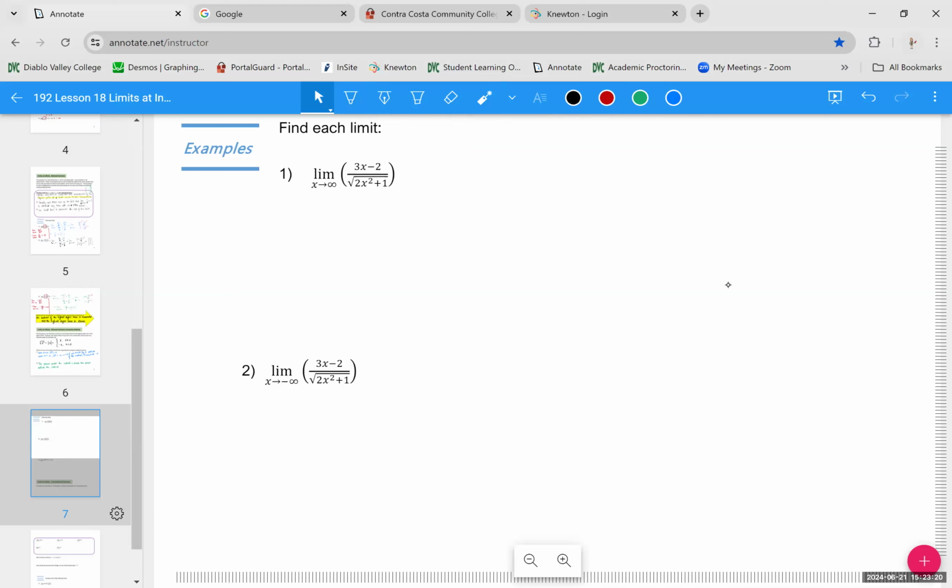We're going to do the same function twice, once as we approach positive infinity and once as we approach negative infinity. Okay. So here we are approaching positive infinity, and then we look at our highest power of x in the denominator. So it's x squared, but it's under a square root. So what power is that truly? It's a square root of x squared. So if we're dividing underneath the radical, that would need to be an x squared. But when we divide outside of the radical, it's going to have to be just an x so that those powers are the same. So we have highest power